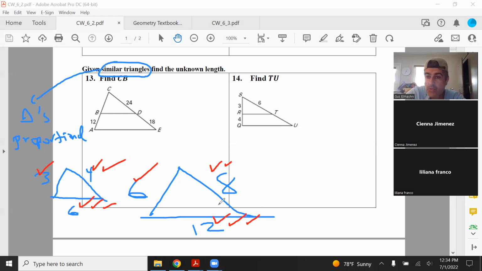So the second triangle is twice as big as the smaller triangle, right? So that's what's meant by similar triangles, that the triangles are proportional. And that's what we want to do here. We want things to be proportional. So you could say